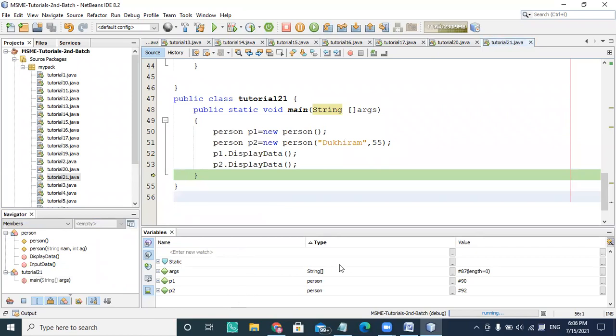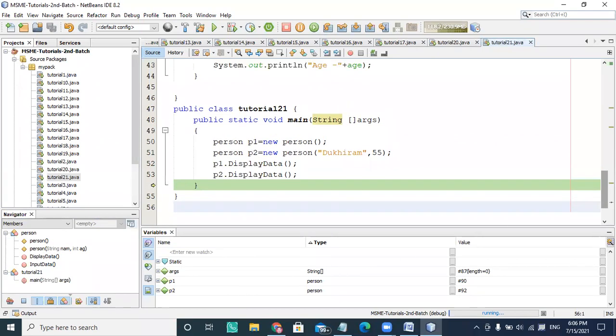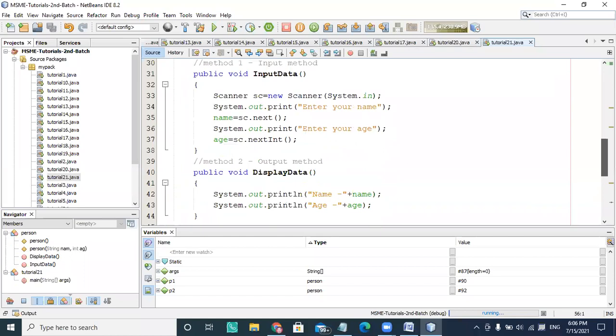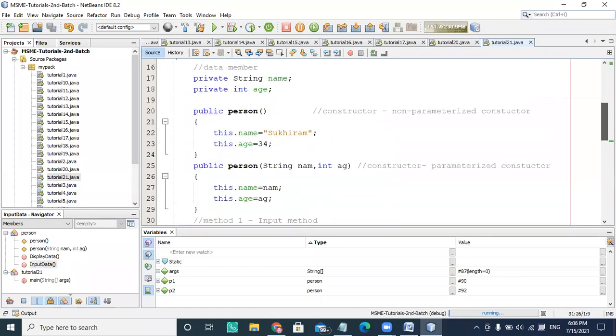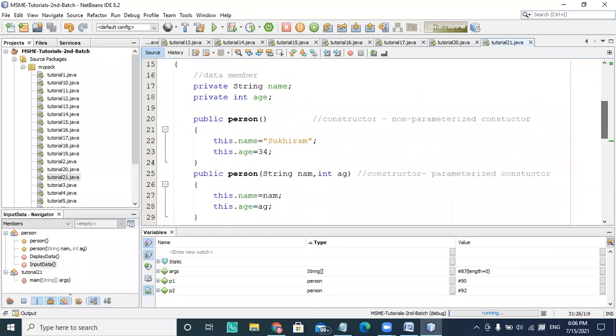I'm not calling any kind of input data method here. It depends on my wish how I initialize the data members: I can initialize them with a fixed value, or at runtime.